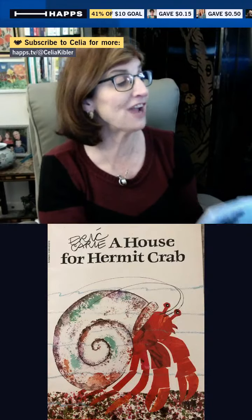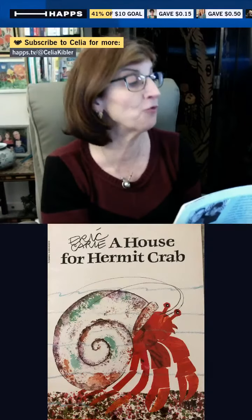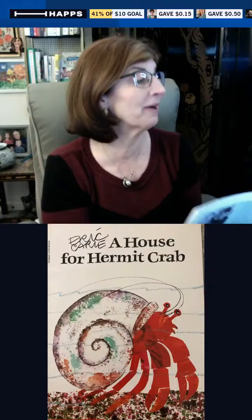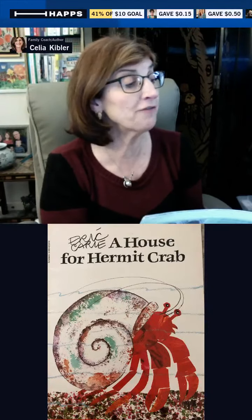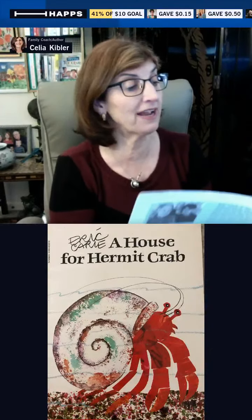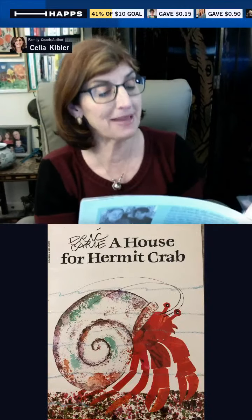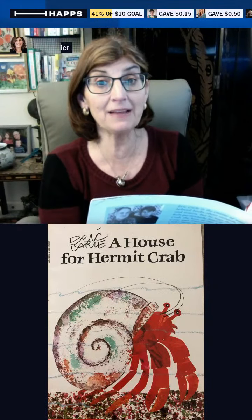The following January, Hermit Crab stepped out, and the little crab moved in. "Couldn't stay in that little shell forever," said Hermit Crab as he waved goodbye. The ocean floor looked wider than he had remembered, but Hermit Crab wasn't afraid. Soon he spied the perfect house, a big empty shell. It looked, well, a little plain, but